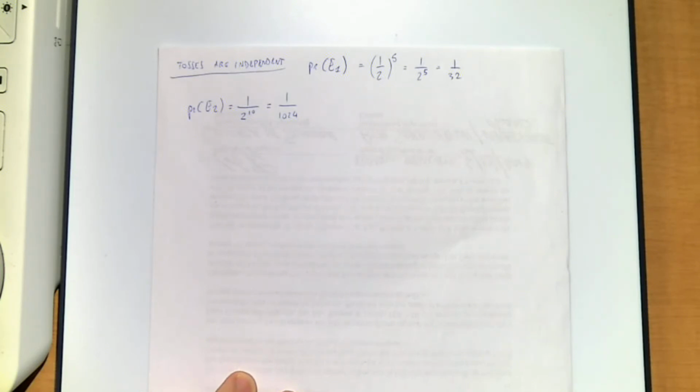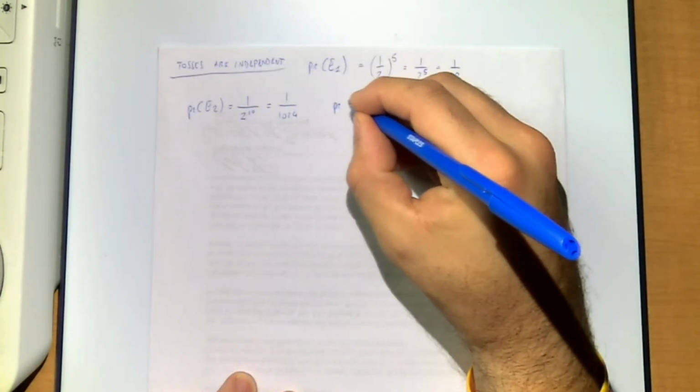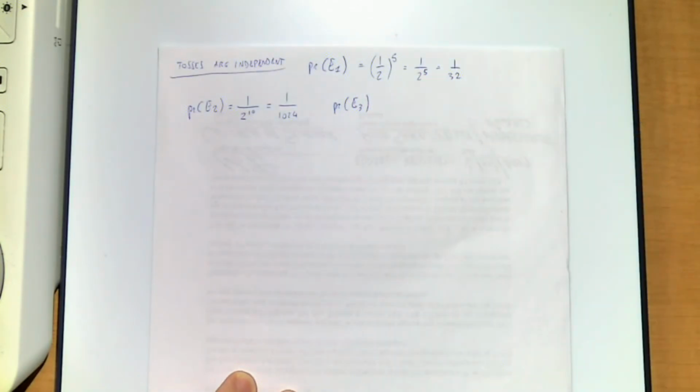Okay? Now, the interesting one is how do we compute the probability of the third event, which is I just want 5 heads. Because there is no restriction on when these occur, I could get 5 heads first and then 5 tails, or 5 tails and then 5 heads, or I could get 1 tail, 1 head, 1 tail, 1 head, 1 tail. I have many possible combinations, right? And in fact, combination is the key word. So we just need to know I want 5 heads and 5 tails, because I want exactly 5 heads. So the remaining ones have to be tails, but they can be in any order.